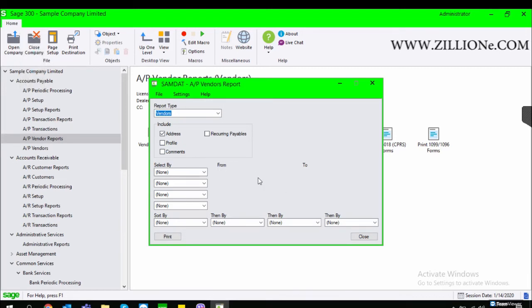As you can see here, the vendor report lists the information entered for the vendor records in your accounts payable system. So if you select the address option for the report, let's see. If you select this AP address option, it gives the address, short name, telephone and fax numbers, and contacts. And if you select the profile option,